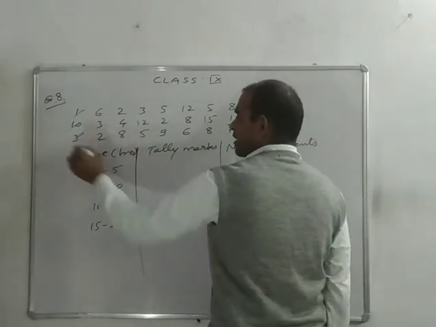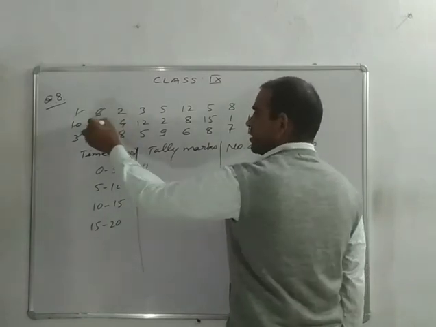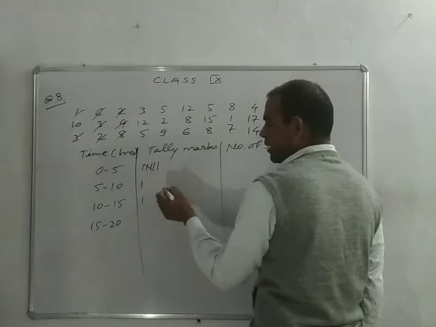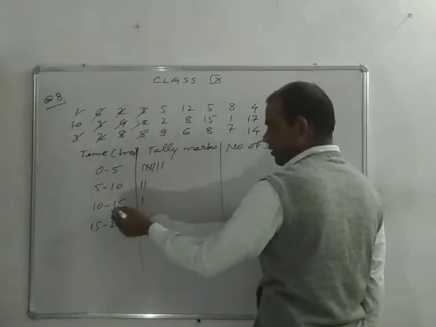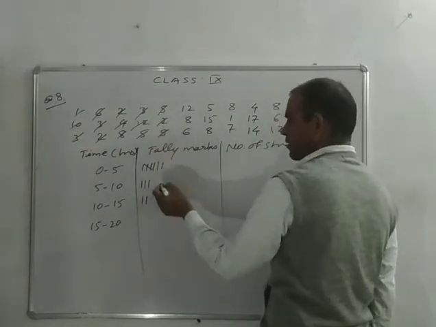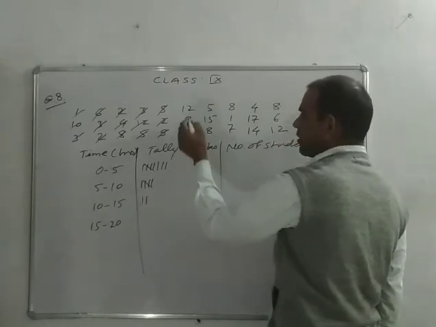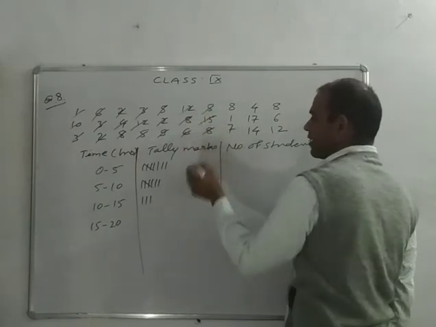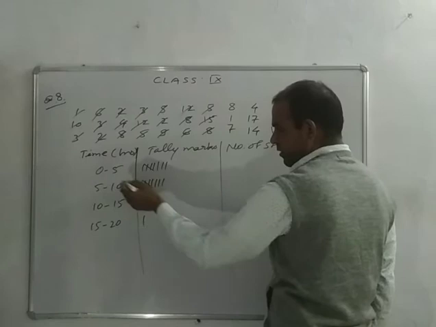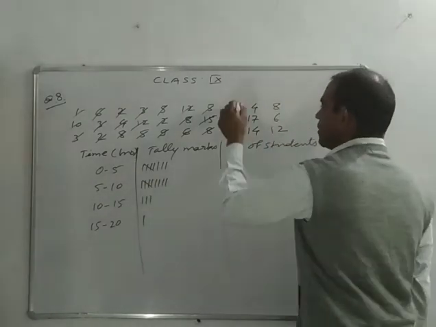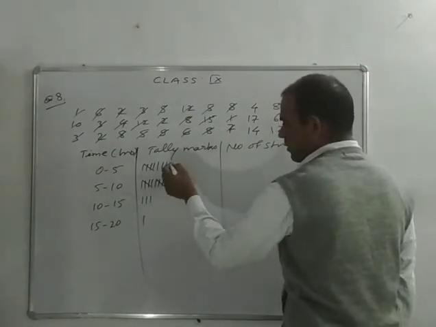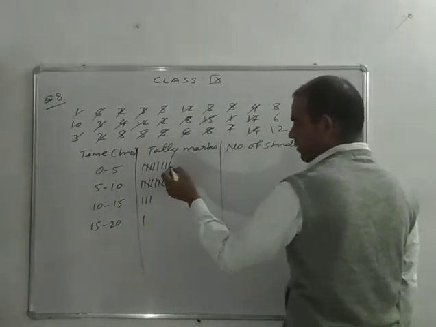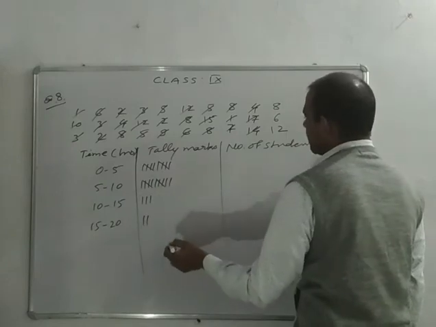So we should start: 1, 10, 3, 6, 3, 2, 2, 4, 8, 2 यहाँ पर, 4 भी यहाँ पर, 8, 3, 12, 5, 5, 2, 9, 12, 8, 6, 5, 15, 8, ये 15 और ये 8, 8, 1, 7, 7 भी होगा, जिसमें 4, 17, 14, ये 4, 17 और ये 14।